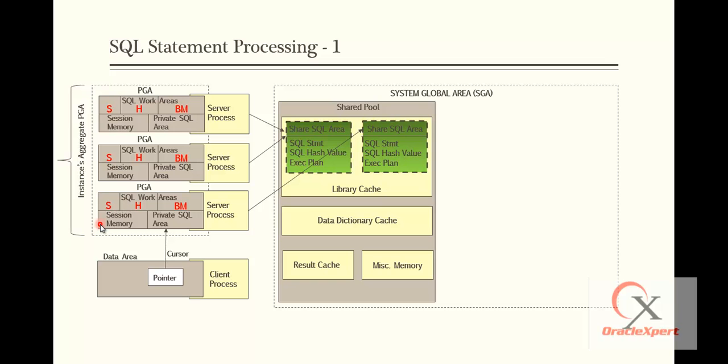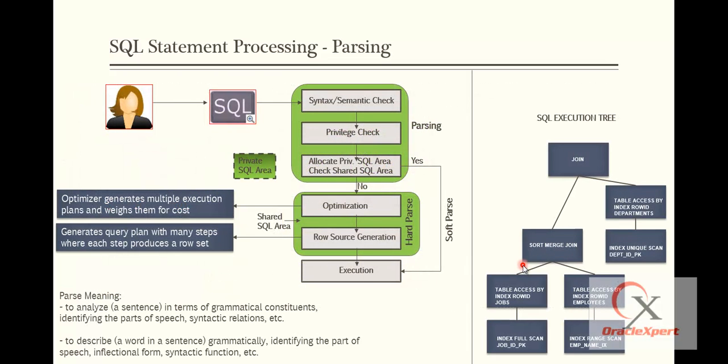So this is how overall the PGA and the SGA, or the shared SQL areas within the library cache, within the shared pool, within my SGA, interact with the private SQL areas within my PGAs. And as I said, for every instance you would have only one SGA, but there would be many PGAs, and collectively all these PGAs are called the instance's aggregate PGA memory allocation, which is also controlled by the init.ora parameter PGA_AGGREGATE_TARGET. So you cannot limit the individual PGA memory regions, but collectively you can specify